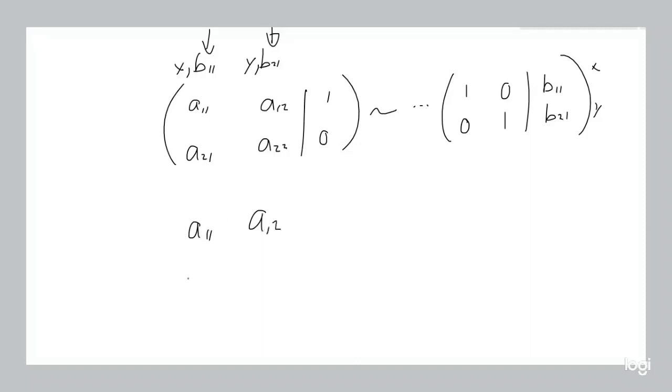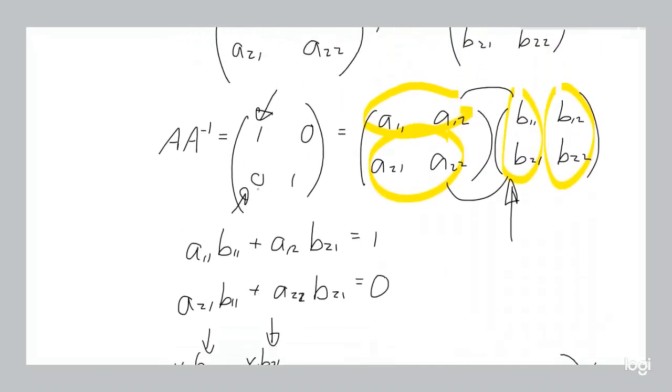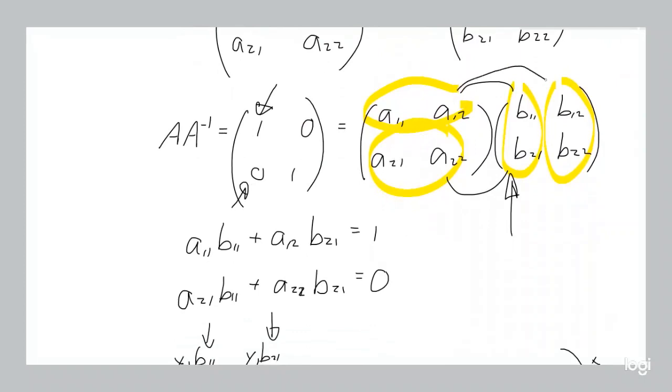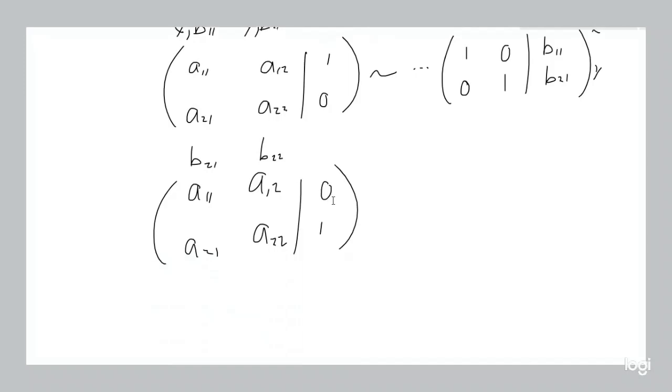A11, A12, A21, A22, augmented matrix with 0 and 1 instead of 1 and 0. Where this is going to be B21 and this column represents B22, right? Because that's how your dot product will work out. You're going to have A11 times B12, A12 times B22. You'll add those, and then you'll have A21 times B12 and A22 times B22. So what you can actually do is an augmented matrix with